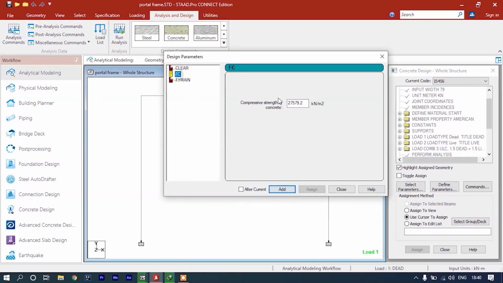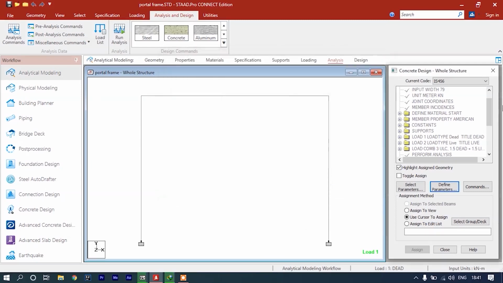Go to FC, let's use M25 grade of concrete, so 25000, add, and go to FY main, and we want to use FE500 as our main steel. Click on add and close it.